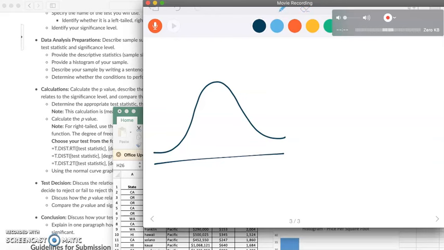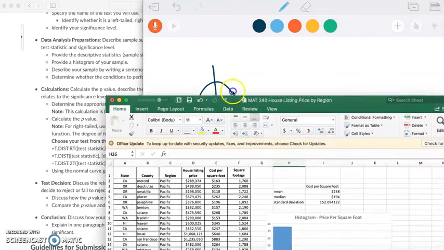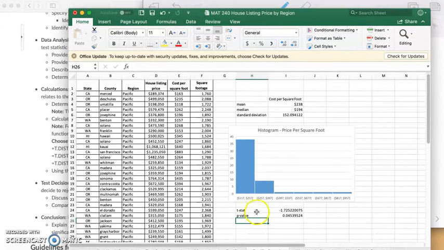All right, so here our t-distribution or normal distribution is centered at 0. So we need to find where our t-stat is. If this is 0, our t-stat is going to be somewhere over here. So we have -1, -2. All right. So negative